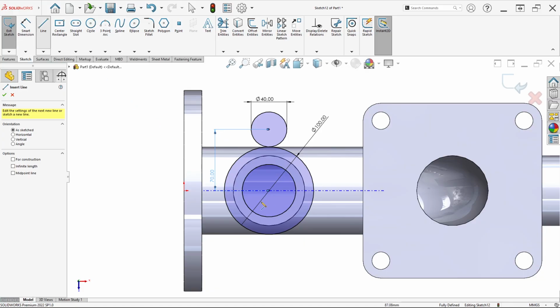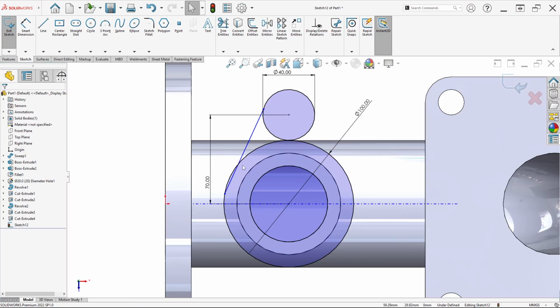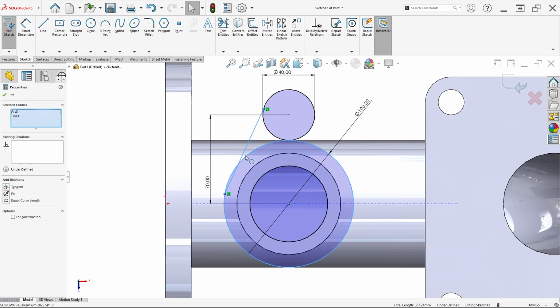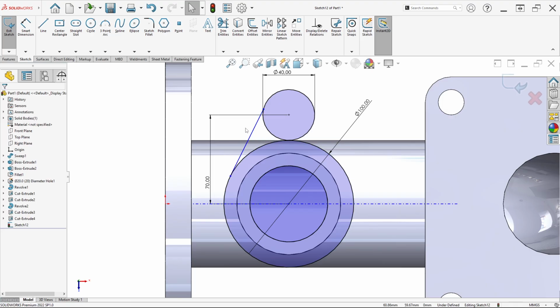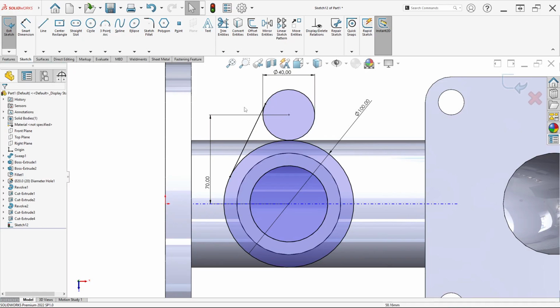Then we can make a line, connect this circle to this circle. Ensure this line and click control, select this circle, just click make tangent. This line, click control and select this circle, just click make tangent.